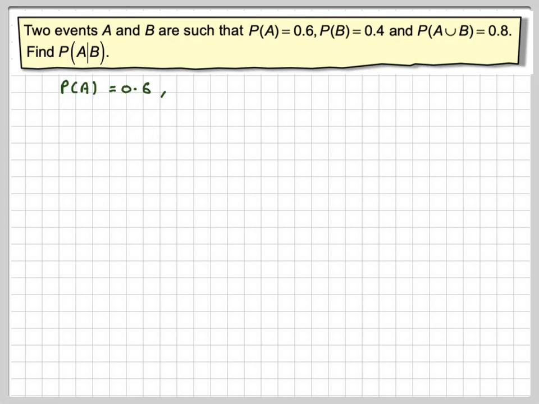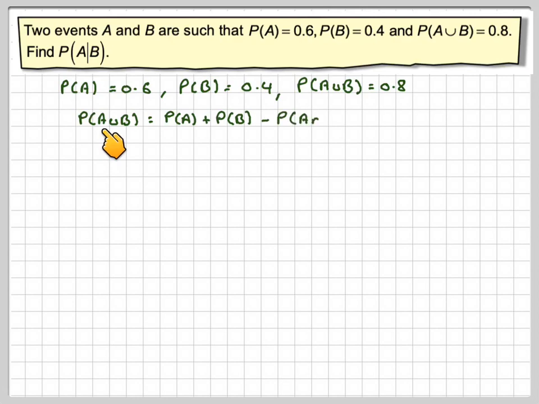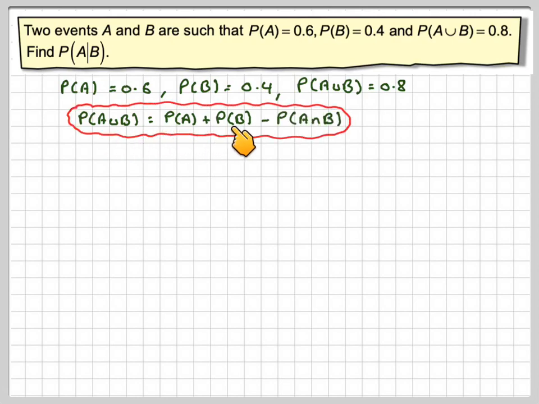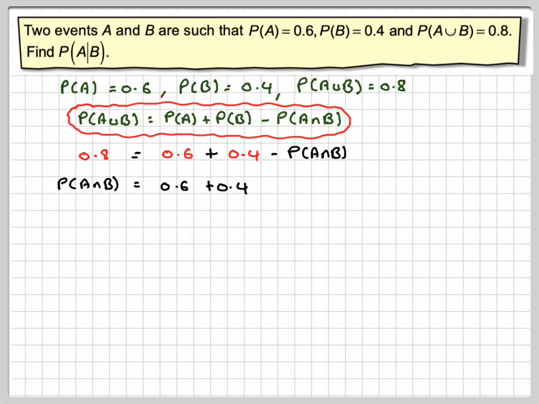We've got the probability of A is 0.6, the probability of B is 0.4, and the probability of A union B is 0.8. Now, you need to learn this formula. The probability of A union B is the probability of A plus the probability of B minus the probability of A intersection B. So therefore, 0.8 is equal to 0.6 plus 0.4 minus the probability of A intersection B. Rearranging that, the probability of A intersection B will be 0.6 plus 0.4, take away 0.8, which will give me